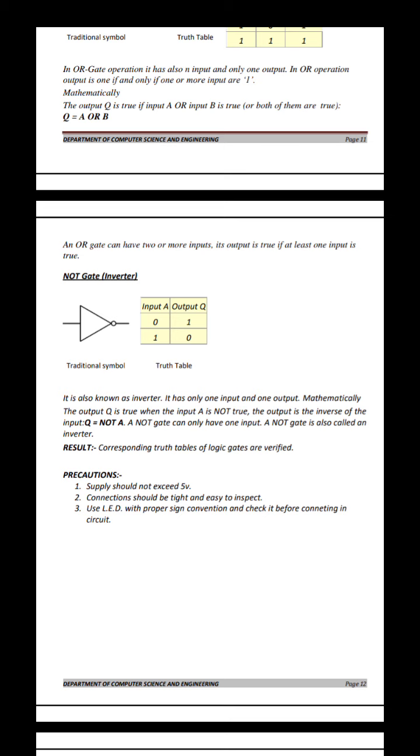Because here we are using only the 74 series ICs, all these series ICs operate at only 5 volts. Because we are doing digital operation, 5 volts is enough to do all the logical operations. So for that reason you should give the 5 volt power supply, then apply the inputs and verify the truth table for all the gates.